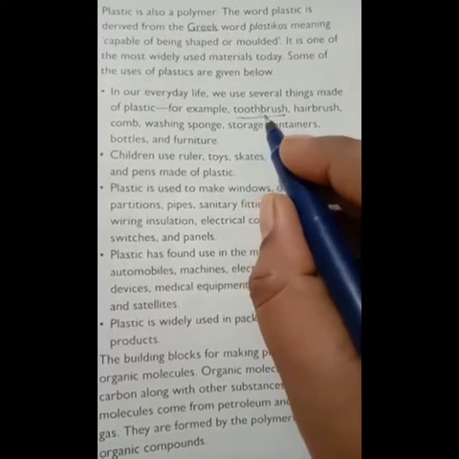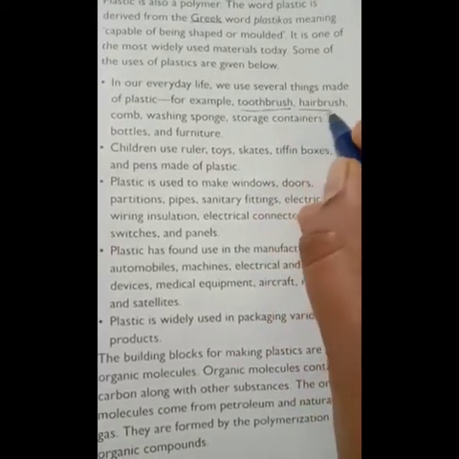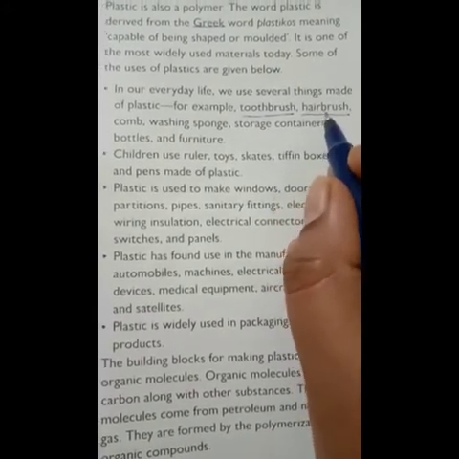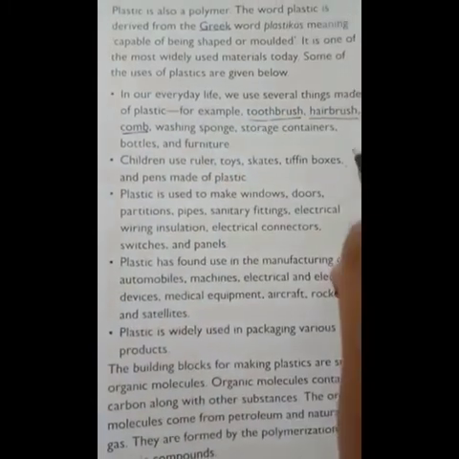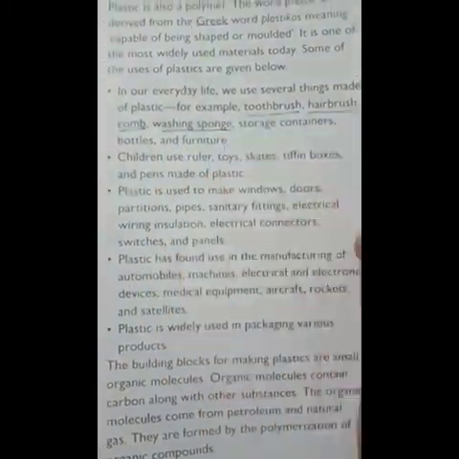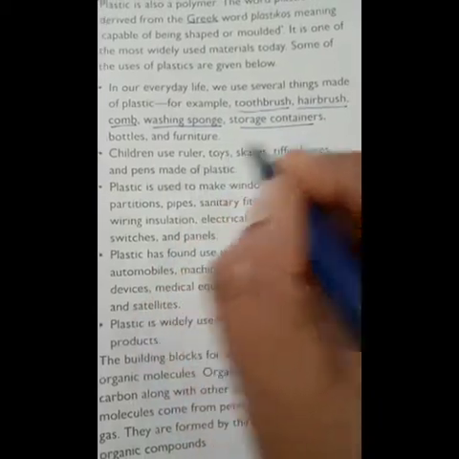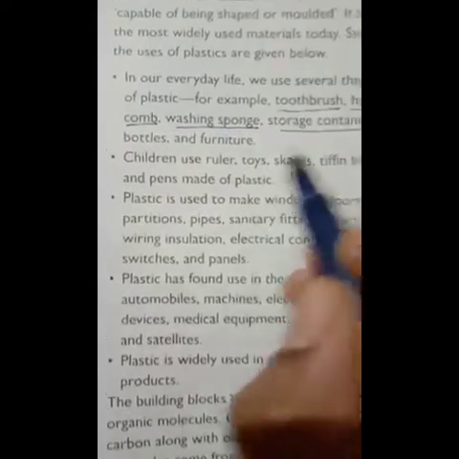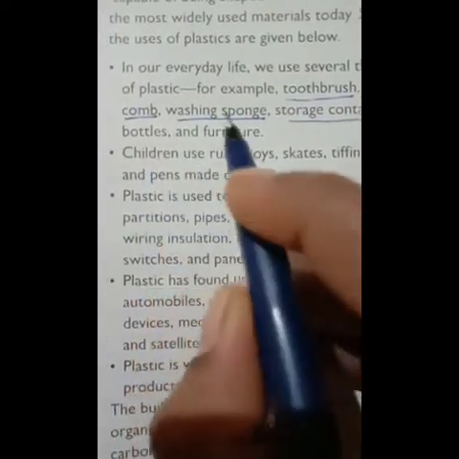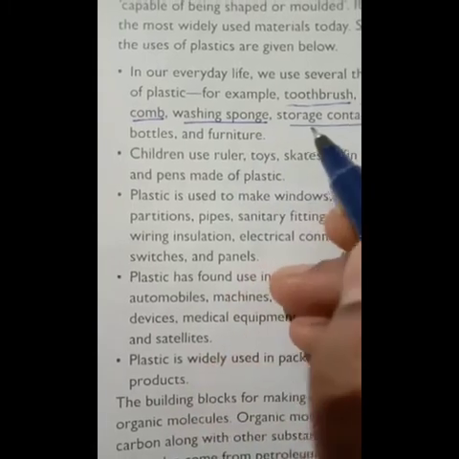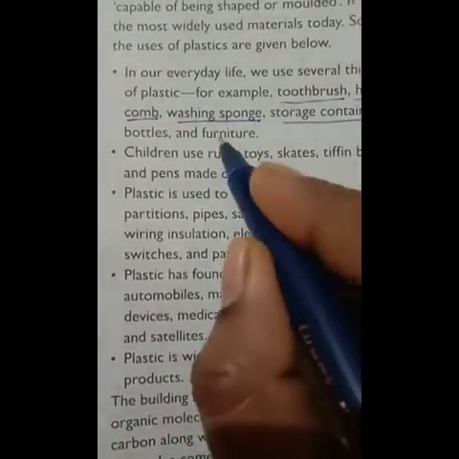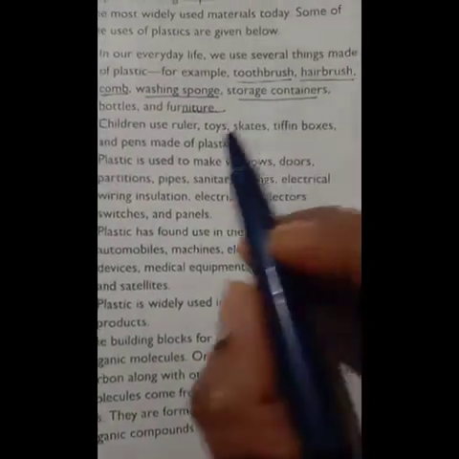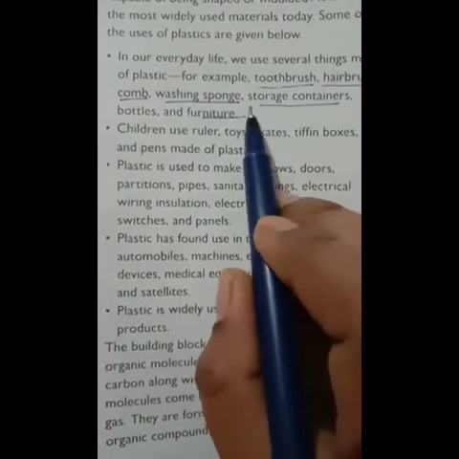Hairbrush, which we use to comb, is also made of plastic, and also comb, washing sponge, storage containers, Tupperware, and bottles. We use water bottles and many other bottles. Furniture is also made of plastic, like chairs, tables, and plastic desks. These are the uses in our day-to-day life.